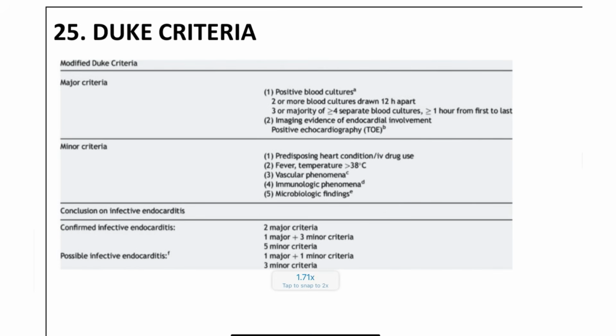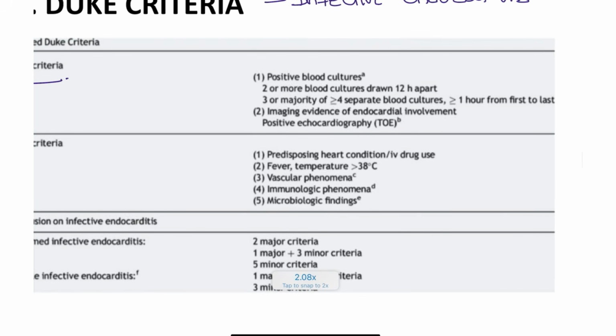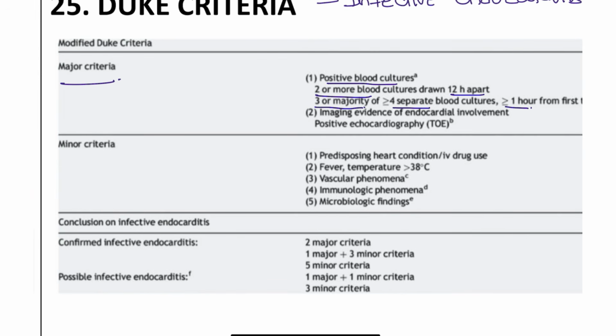Next, Duke's criteria. Duke's criteria is so important for infective endocarditis, right? This is important for infective endocarditis patients. Major criteria involve positive blood cultures: two or more blood cultures in the last 12 hours have to be positive, or three blood cultures, or more than four separate blood cultures, at least 1 hour apart from each one. Or directly on the echocardiograph, if you see any growth on the valves, that is also considered a major